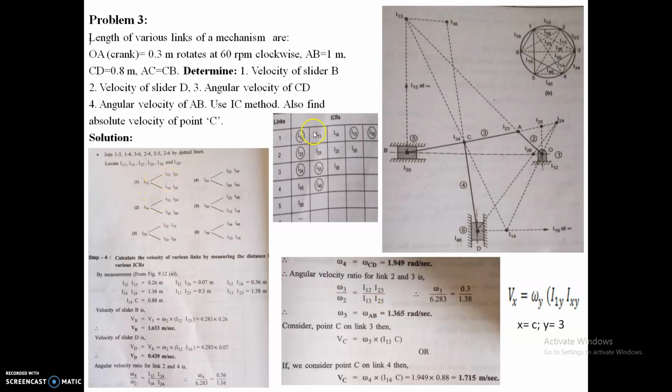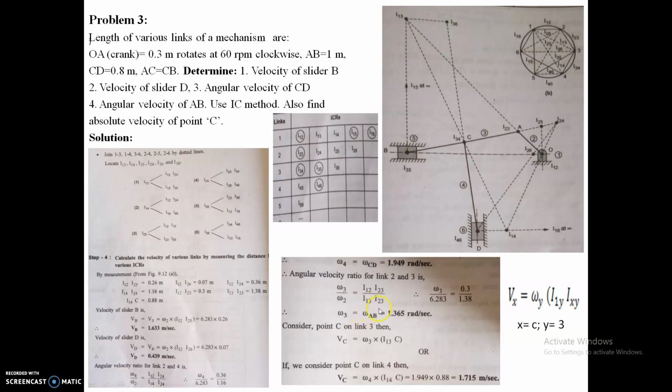If you join this IC13 by the dotted line, then you will get the two circles, and because of the two triangles, four ICs are formed. So I have taken this IC12, IC23, IC15, and IC35. IC12 is known, IC23 is known, IC15 is known because it is a dark line, and IC35 is also known because it is a dark line. So you can look at the IC13. By drawing the line through that IC, you will get the IC13. So this is the IC13.